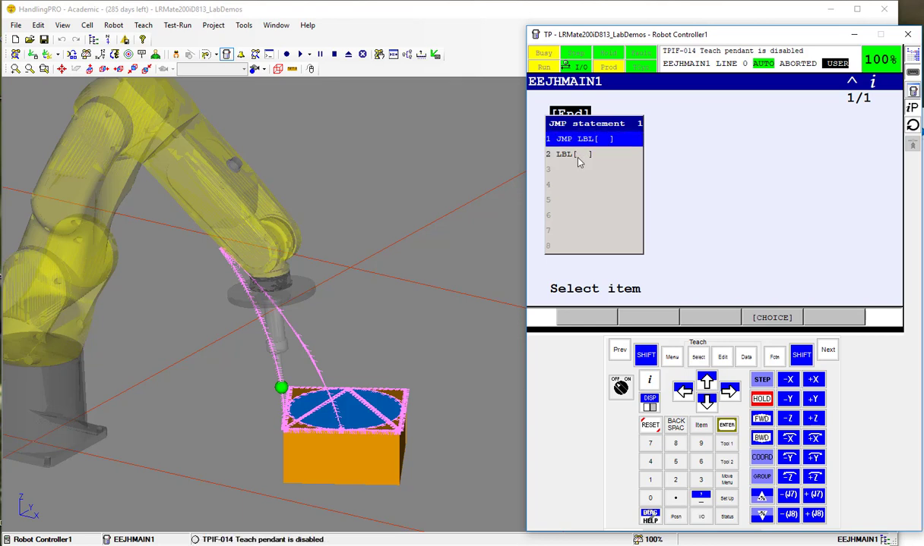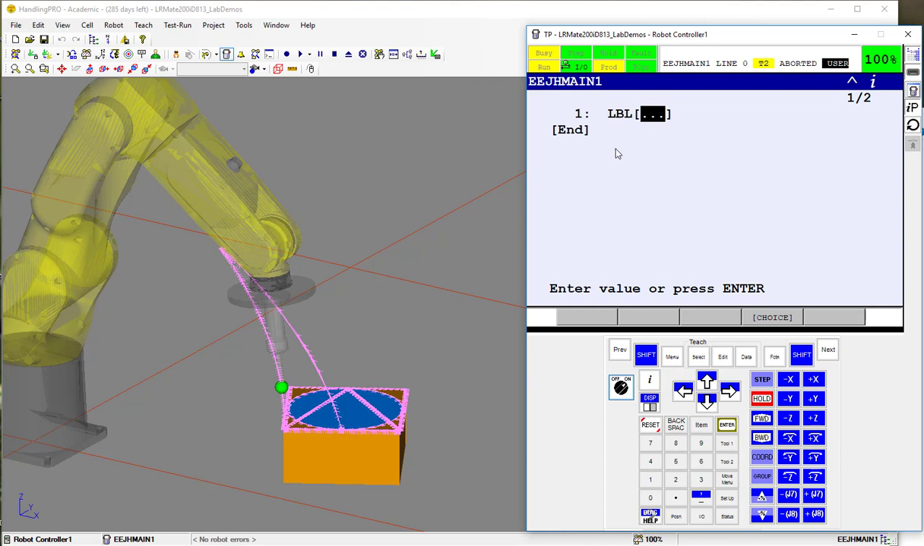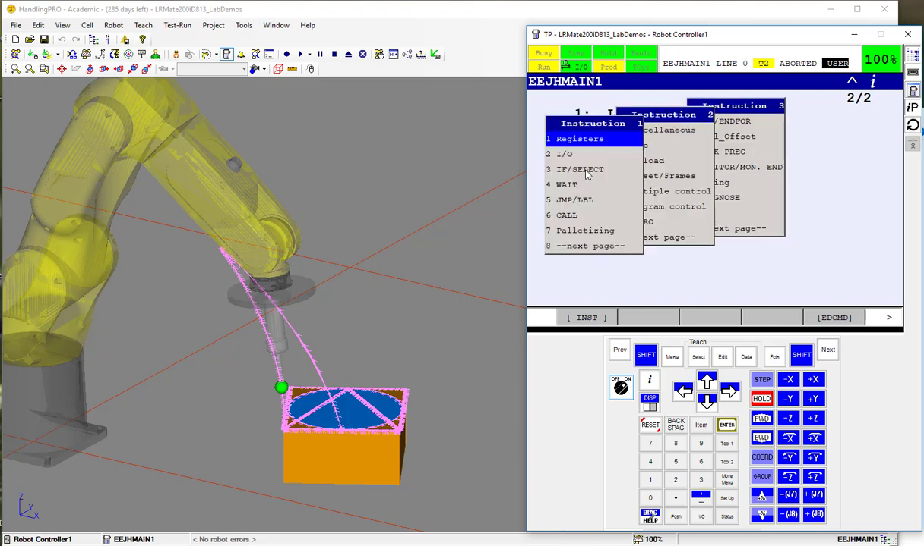So we're going to create a label. Whoops, here you see my message up here, teach pendant is disabled. Just need to turn that on, okay. Click label, so we're going to put label number 1 there. And now we're going to create 3 if statements, 3 conditional statements. Go to the instruction menu, click on if select,